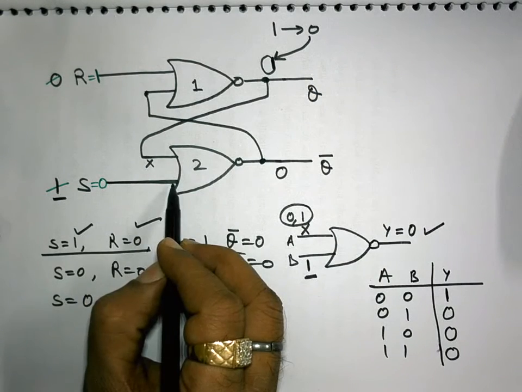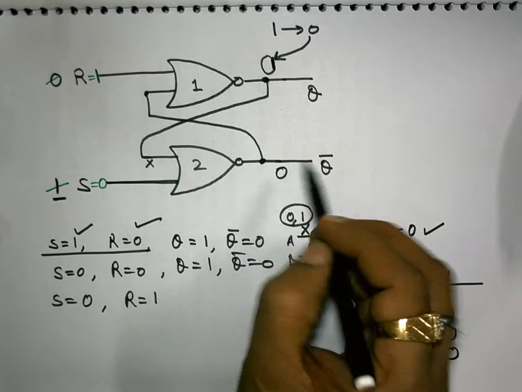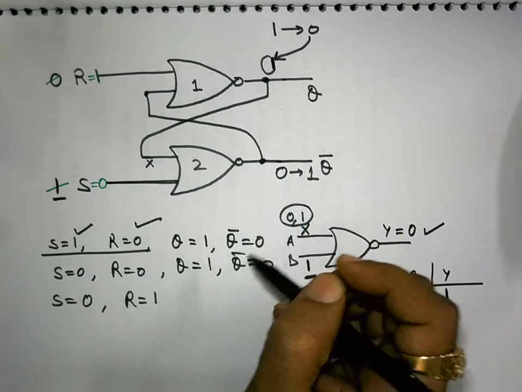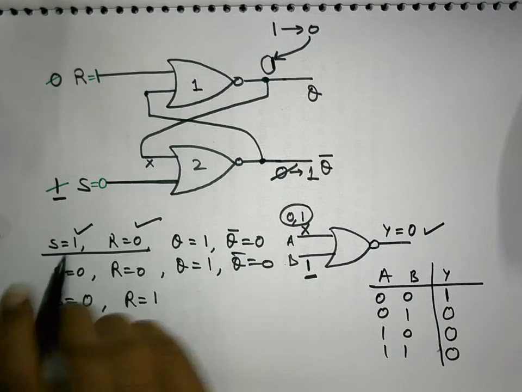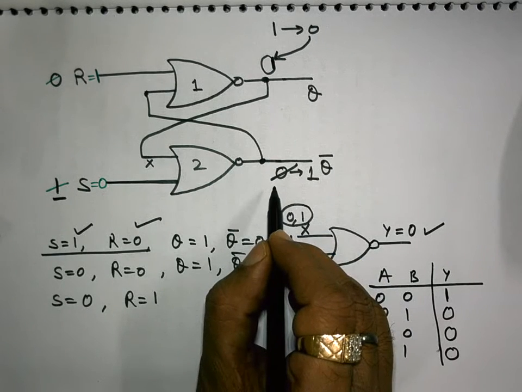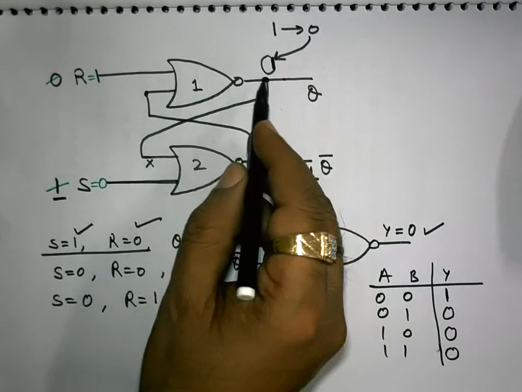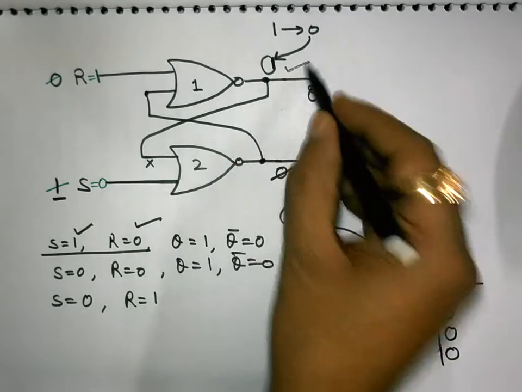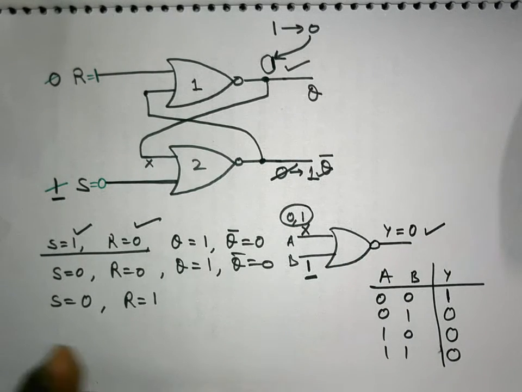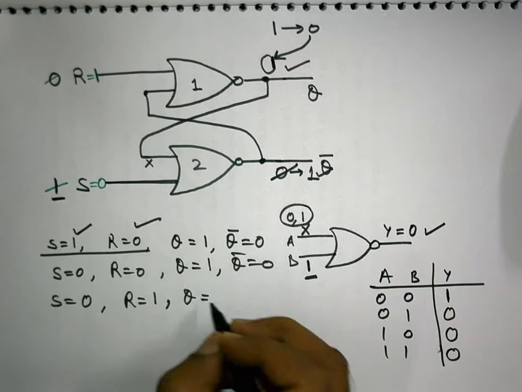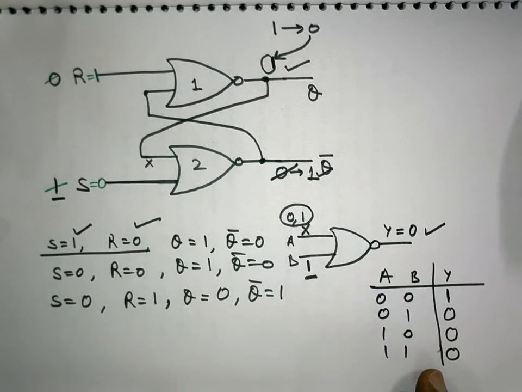And 0 has been applied over here. Okay, now this 0 is coming over here, making this transition from 0 to 1. And now this 1 state will be stable. Okay, 1 will be overwritten over 0. And this 1 is going back, no harm, and making it further 0. This means this 0, 1 output has been stabilized, has been memorized. So this Q will be equal to 0 and Q bar will be equal to 1.